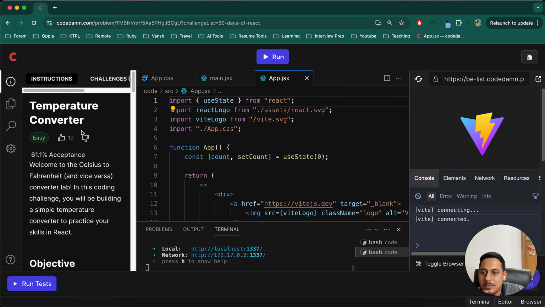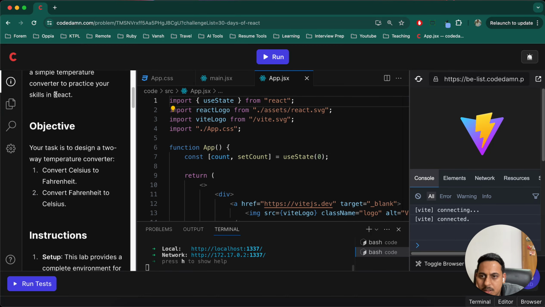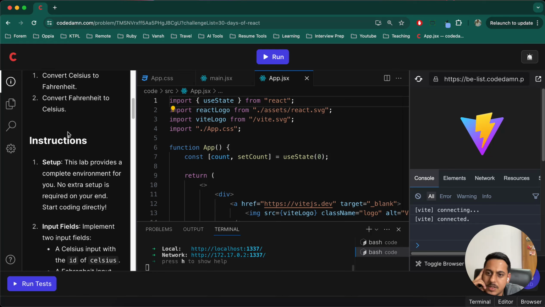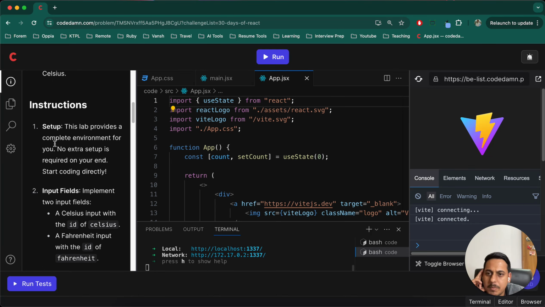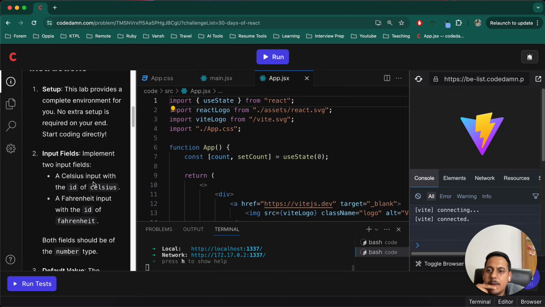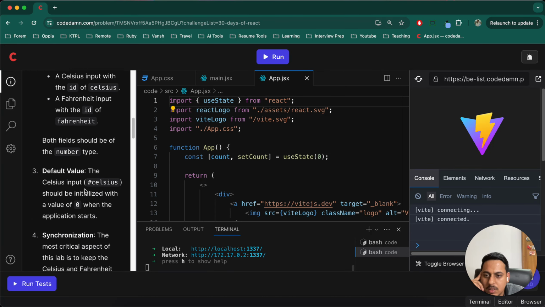So we have to do the temperature controller. Okay. Welcome to the Celsius to Fahrenheit converter. Objective: convert Celsius to Fahrenheit and Fahrenheit to Celsius. Instruction setup: the lab provides a complete environment for you and no extra setup is required on your end. Start coding directly. Implement two input fields, a Celsius input with its ID and a Fahrenheit input with its ID, and